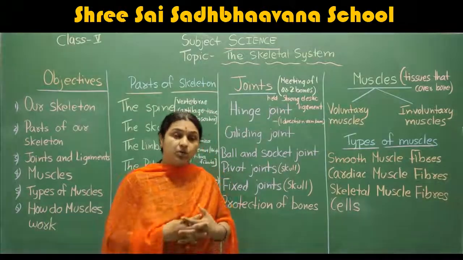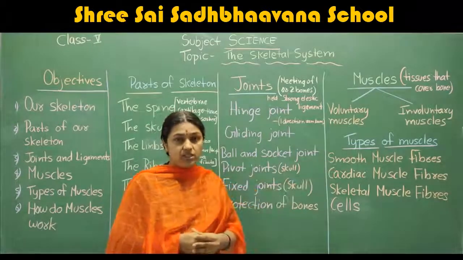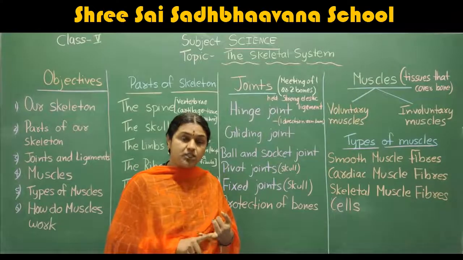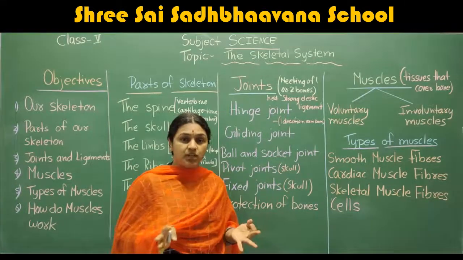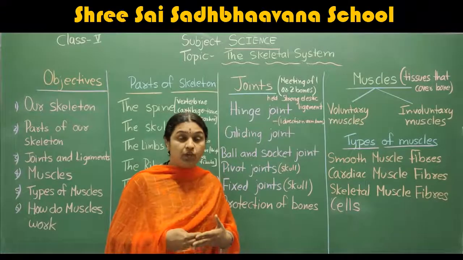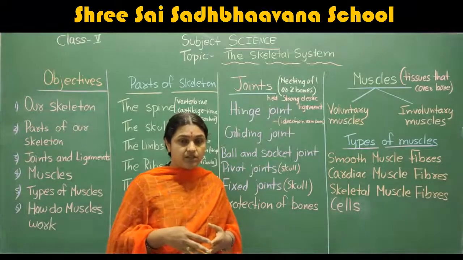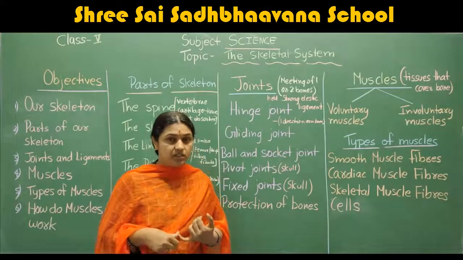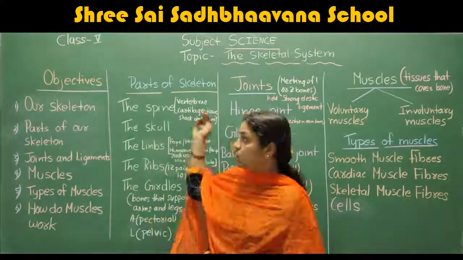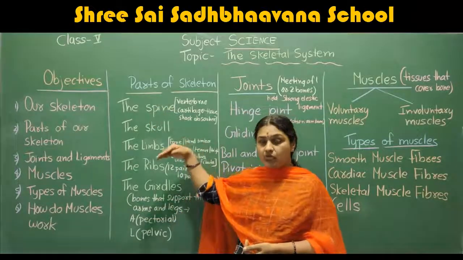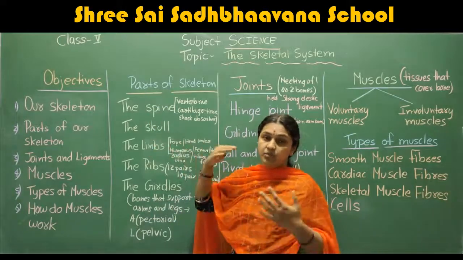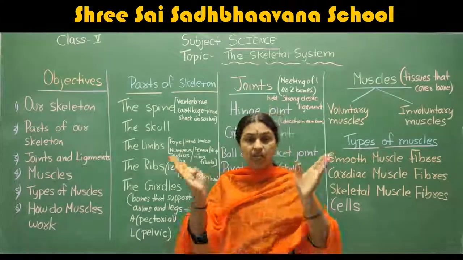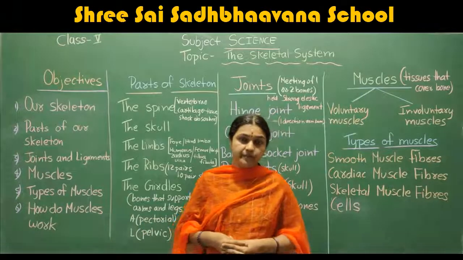So it is important we take care of all of these by wearing a helmet. We need to give regular exercise to the body. Do not stress the body. And while playing any sports, we need to make sure we have covered ourselves, and we need to eat healthy food. Right, children? I hope you understood what is the skeleton system, the parts of the skeleton. In the skeleton, we have the joints and the muscles, which together make the entire skeleton system.